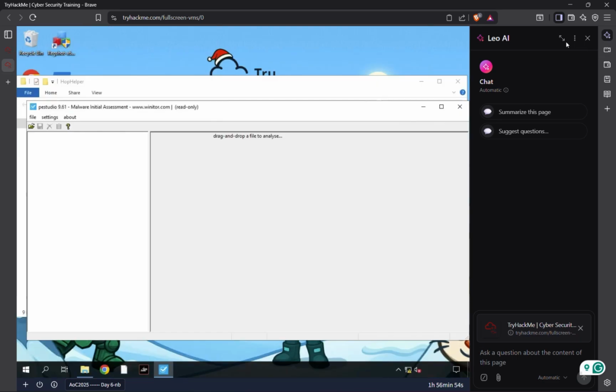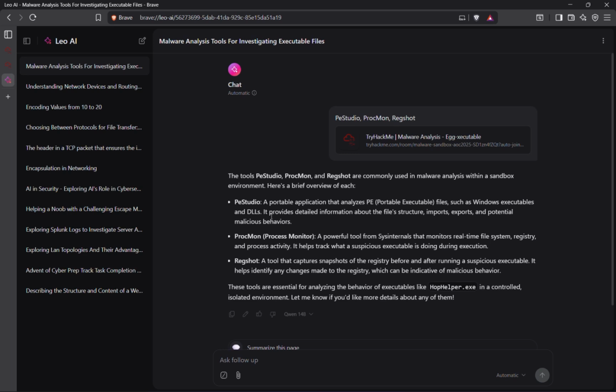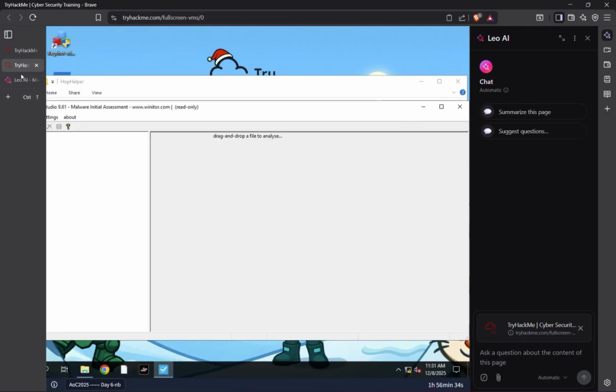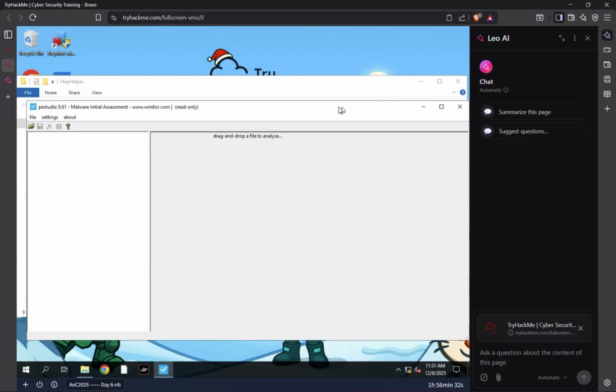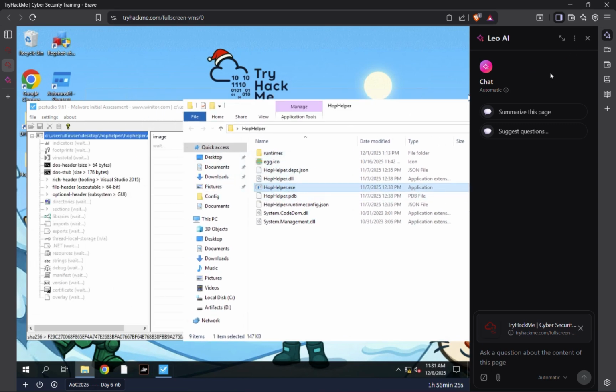Then hold on, and yeah, what is PeStudio? PeStudio is a portable application that analyzes portable executable files, such as Windows executables and DLLs, and it provides information about file structure, imports, exports, and potential malicious behavior. Let's find out. Here we're gonna move this .exe file over here, and it will take some time,